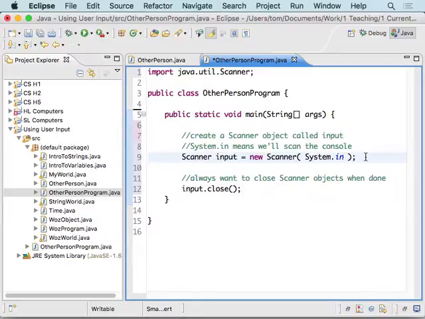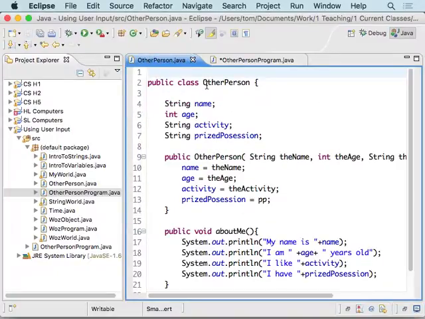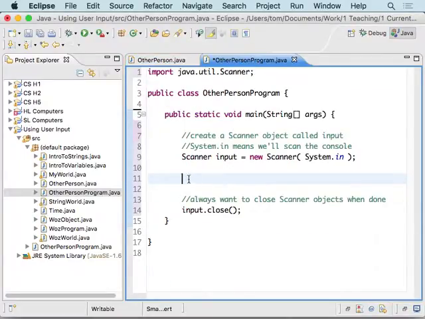All right. In between those two, we're going to do some prompting of the user to give us some information. Okay? And so we're going to follow the order of things over here in other person. So we're going to ask for the other person's name. We're going to skip age originally and get the activity and the prize possession, and then at the end we're going to get the age, and I'll explain why we're doing that a little bit later. But we're going to go ahead and prompt for the other person's age, or name I should say,